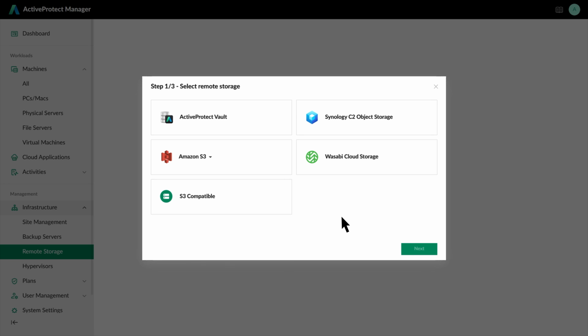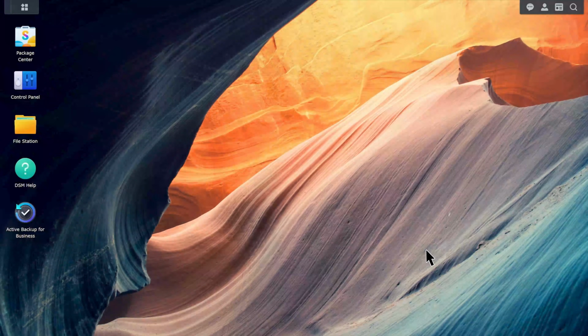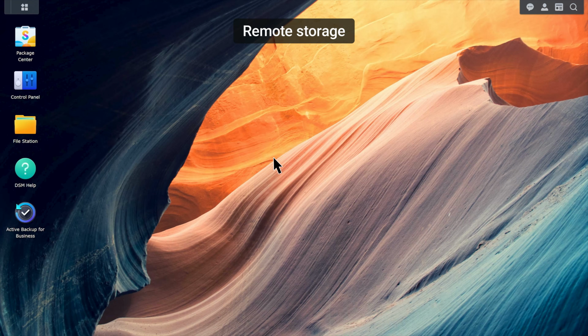Here, you'll see several remote storage options. For this demo, we'll use ActiveProtect Vault. Click Next, then enter the required connection details. These details can be found in the ActiveProtect Vault package. Next, switch to the NES used for remote storage. In ActiveProtect Vault,